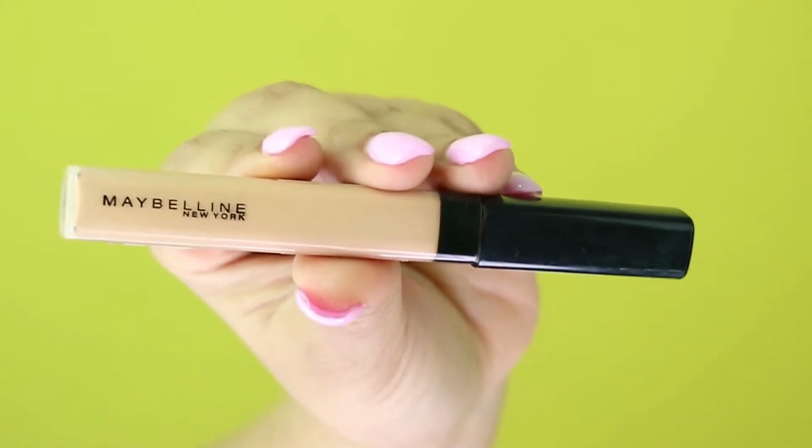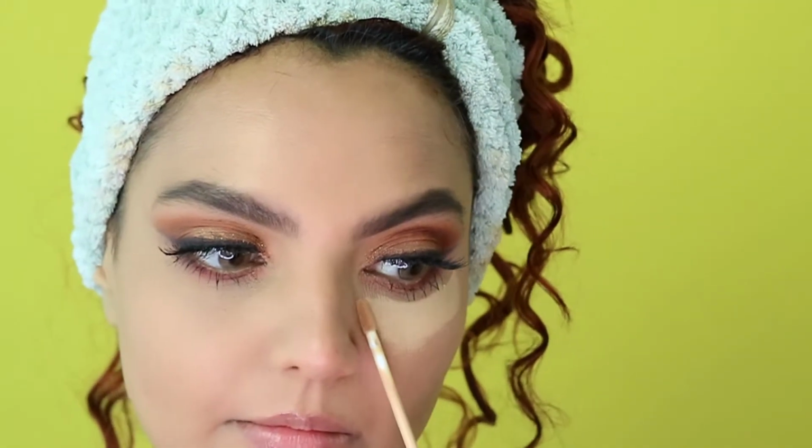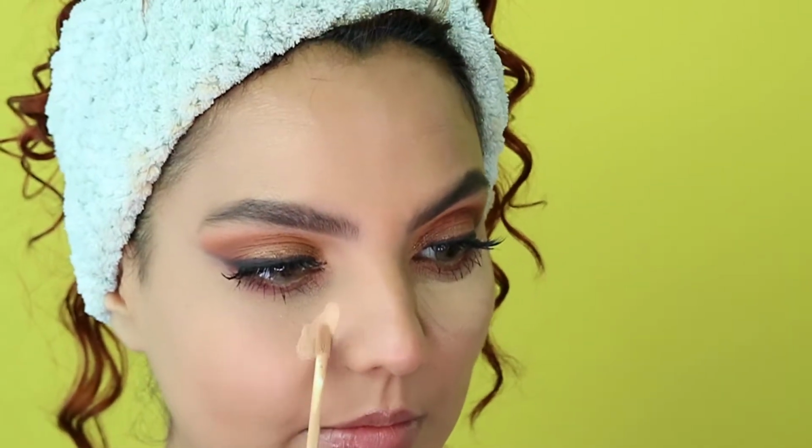And just before I forget, I just wanted to mention for the eyebrows. For my eyebrows, I've used Anastasia Beverly Hills Deep Pomade, and my shade is Ebony. Yep. And the concealer that I have used today is Maybelline,